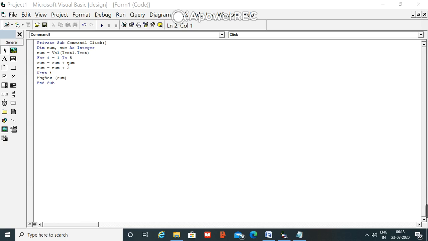Condition is true, loop is going on. Then sum plus num means 2 plus 4. It becomes 6. Now I am going to increment the value of num by 2. Then it will go over there. Condition is true. Value of the sum is 6. 6 plus 6